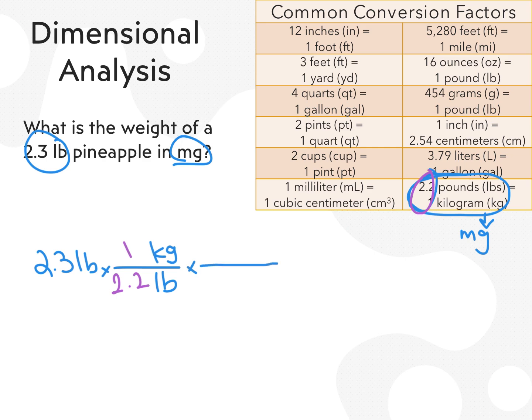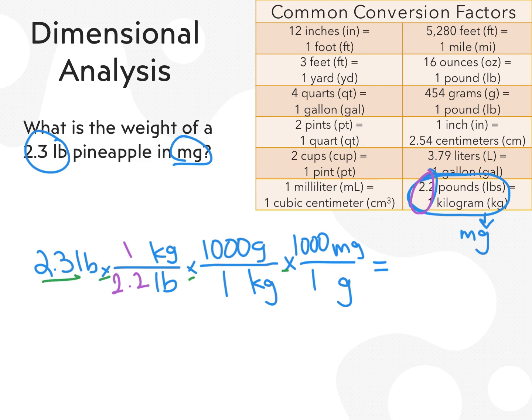So I'm going to remember my metric prefixes and say that there are 1,000 base unit grams in 1 kilogram. And if I can cancel out the grams and turn it to milligrams, there are 1,000 milligrams in 1 base unit gram. And so now I'm going to solve. Notice that we are multiplying each of these times, so I'm going to take 2.3 times 1 divided by 2.2 times 1,000 divided by 1 times 1,000 divided by 1, and I end up with the number